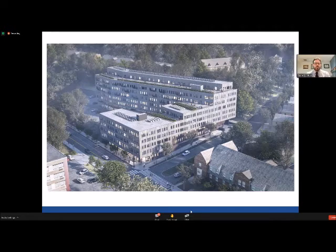Absolutely. And so with that point, you heard some comments, which were the first we've heard about, no ingress or egress off of Ridge. The particular design of this project was to keep all vehicular traffic going up and off of Merrick and not going in and out on Ridge, simply because, regardless of any signage, we all know what happens in practicality with any kind of ingress or egress off of a major road. People are going left, they're going right, they're turning left off the street into the site, and it really snarls up traffic. So in order to avoid the unfettered ingress and egress of cars from both directions off of Ridge into the site,